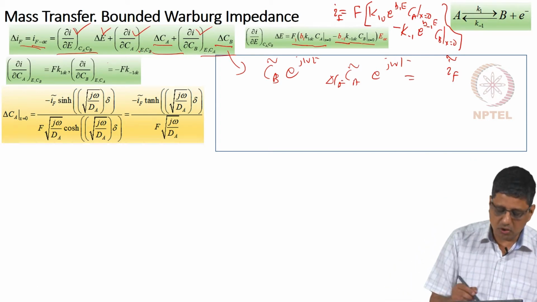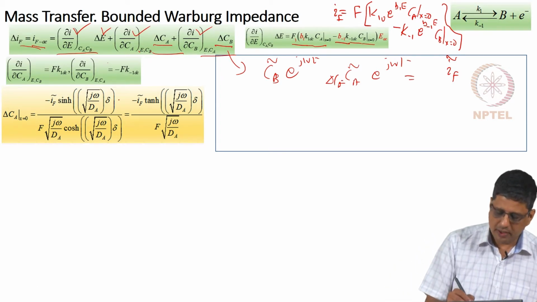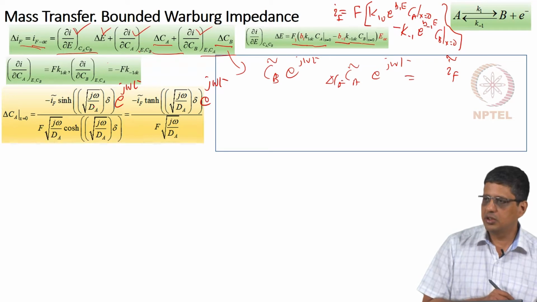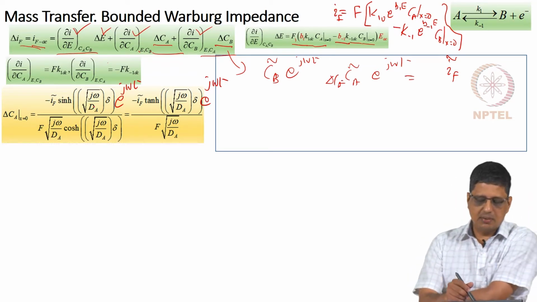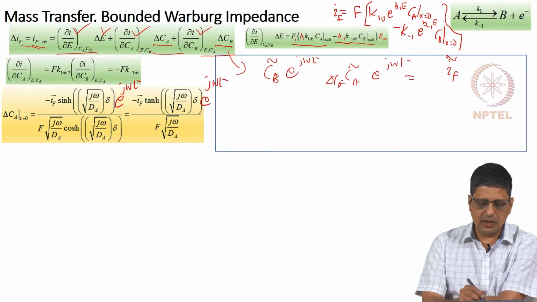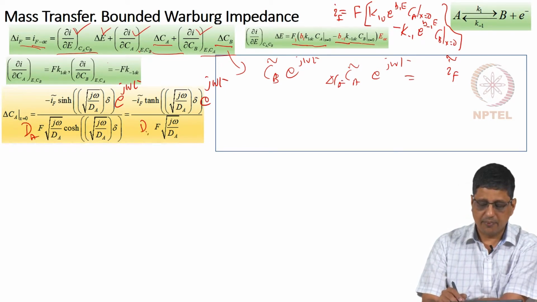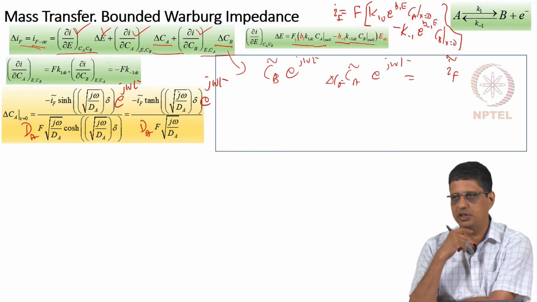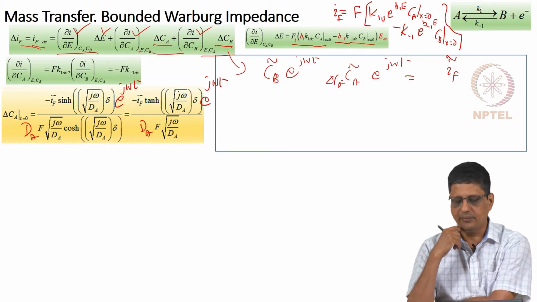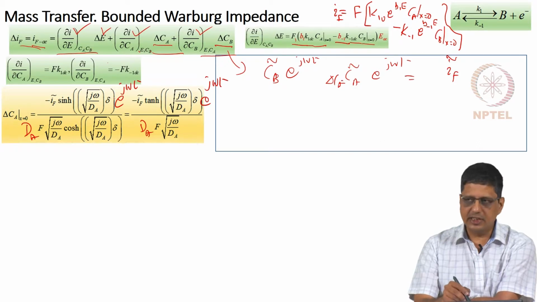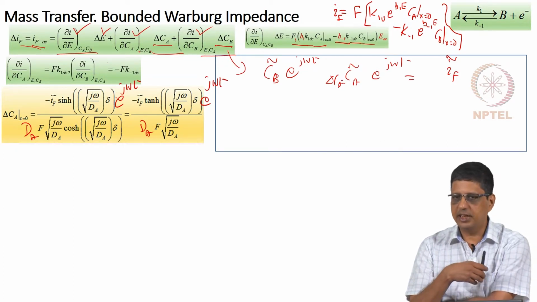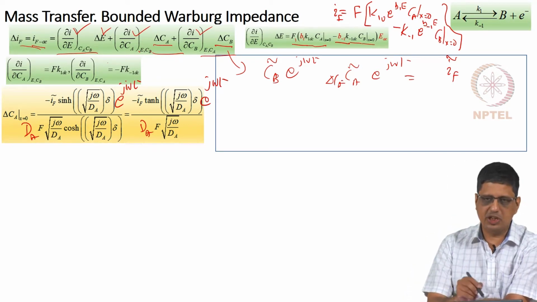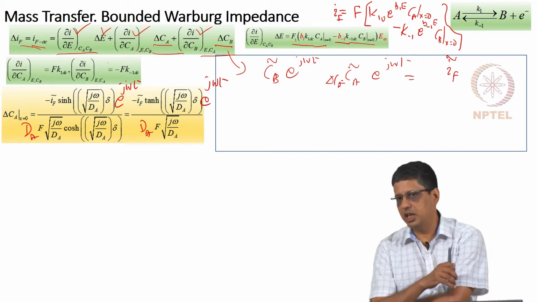So, del Ca is basically going to be Ca tilde e power j omega t, and del Ca at x equal to 0, we substitute x equal to 0 there, and you would get sin h by cos h, which is going to give you hyperbolic tangent, and I am also adding the missed diffusivity dA. Previously it was delta minus x, but since we substitute for x as 0, we would get this simplified expression, and if it is del Ca, I should write e power j omega t. If it is just Ca tilde, I will leave the e power j omega t out.